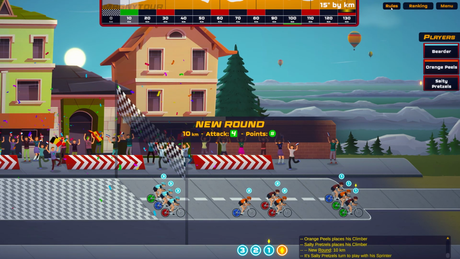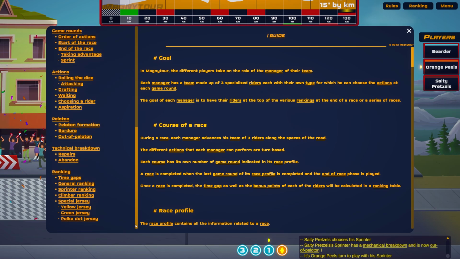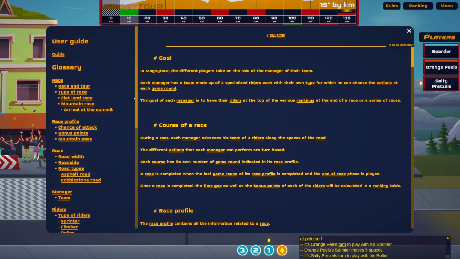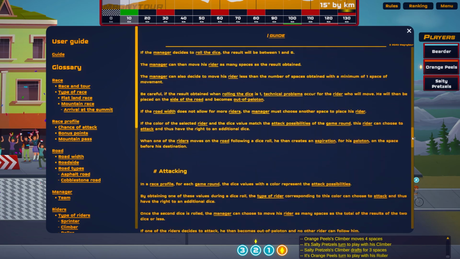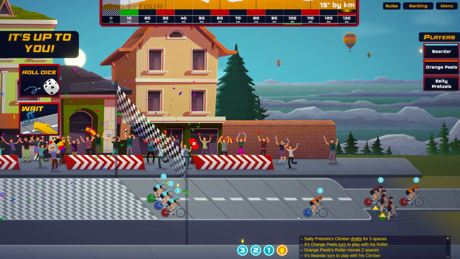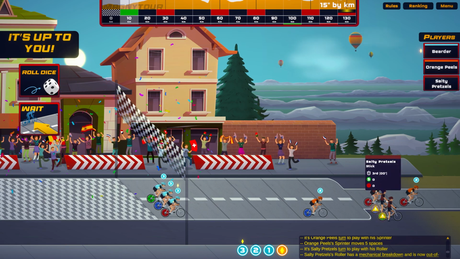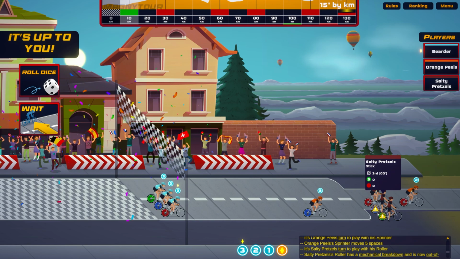If you want to take a quick look at the rules, there is a whole book in here. I promise you, once you get the hang of it through the tutorial, I think the tutorial actually does a pretty good job. It doesn't look as ridiculous as this. It goes on for a little while, and I'm sure I'm just going to keep learning as it goes. So if you see, the salty pretzels have 2 riders who actually had technical problems,